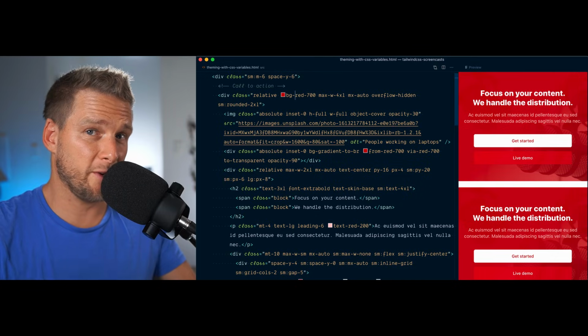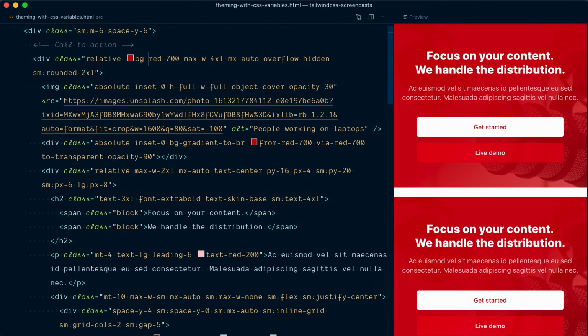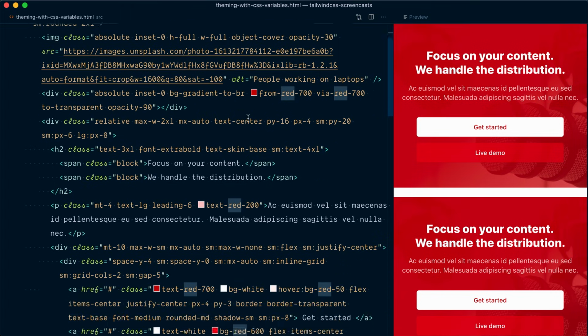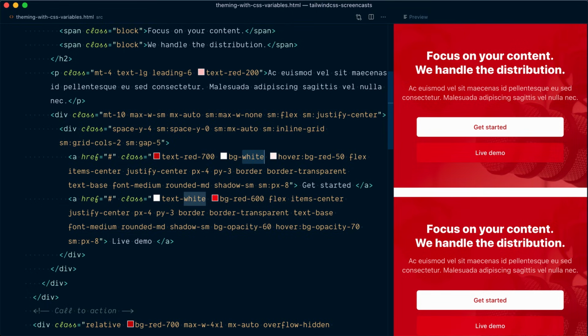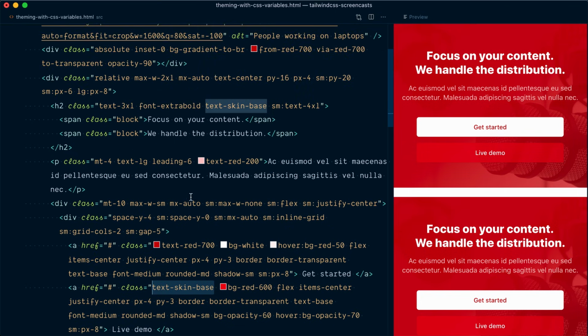So let's go and replace the hard-coded values in the first component here with our themeable color utilities. So we want to replace all the hard-coded color values, and essentially that's anything that contains red. So you can see there's a bunch here, but also white because we have this white hard-coded background color. And oops, remember how I mentioned that the text white color was used for the heading tag, but also for the muted button here. So we're also going to change this with text skin base like we've done here for the